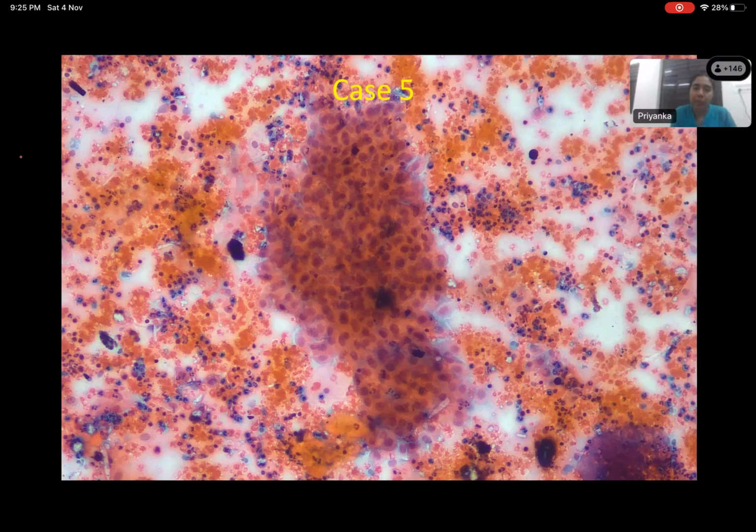Air drying artifacts. There are three things in this: air drying artifacts, obscuring hemorrhage, obscuring inflammation, and there is a sheet of cells which appears to be parabasal considering the age of the patient, but the exact nuclear details are not discernible. We cannot clearly explain the nuclear details. Somebody felt they are metaplastic, somebody felt it is glandular, but glandular is not expected in this case. So whether they are malignant or not, we cannot say because nuclear details are totally blurred, because of air drying.